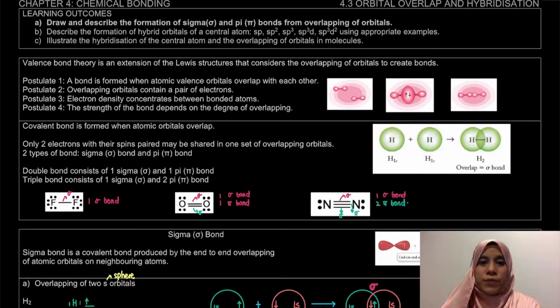Previously we have looked at the case of hybridization from SP until SP3D2. Now we have looked also at the case where there is a pi bond. For the case of a pi bond, it is not considered hybridized. The unhybridized orbitals, be it 2p or 3p, mostly we look at the p orbital itself. So this time, in this video, what we're going to learn is actually, we're going to hybridize the